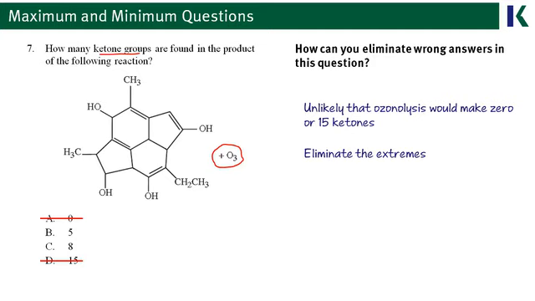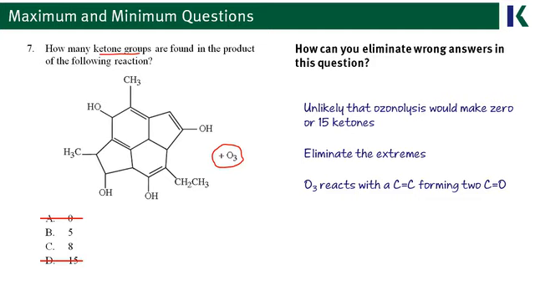From there, you can look at all the places where ozone reacts with this molecule. You can maybe recall that ozone reacts with carbon-carbon double bonds to form 2 carbonyl groups and figure out which ones of those are ketones. But you might be realizing this is actually just a long question in and of itself, regardless of whether you know your organic chemistry. And so it might just be good to guess B or C on this one, maybe mark it and come back to it later if you have extra time.